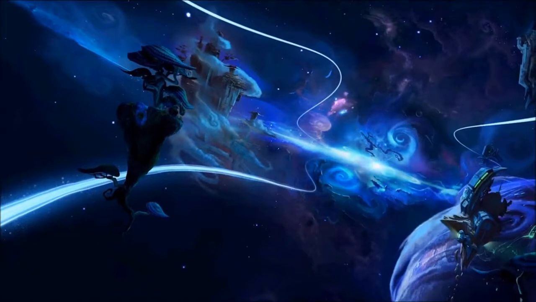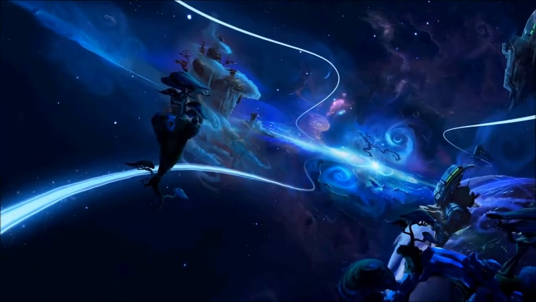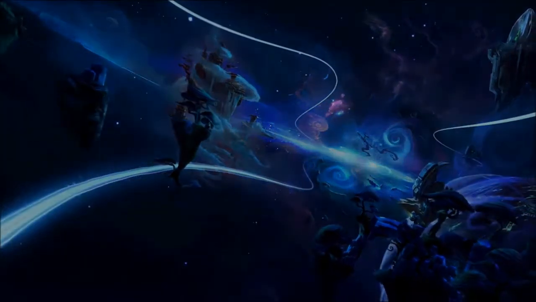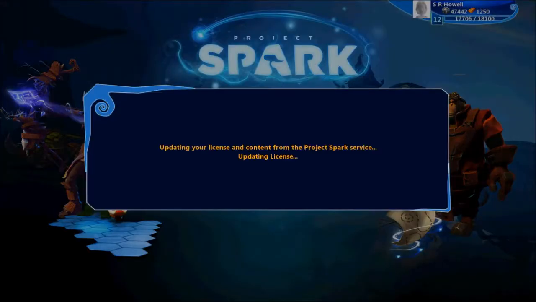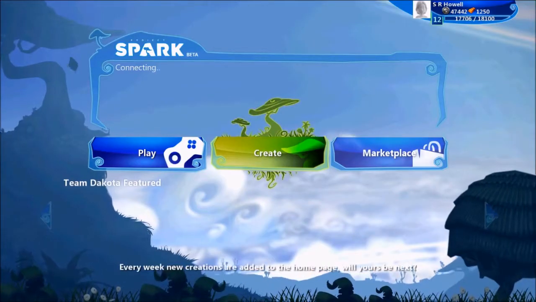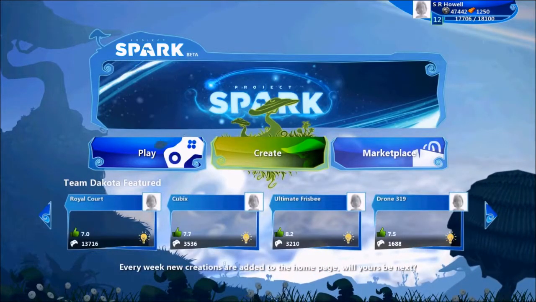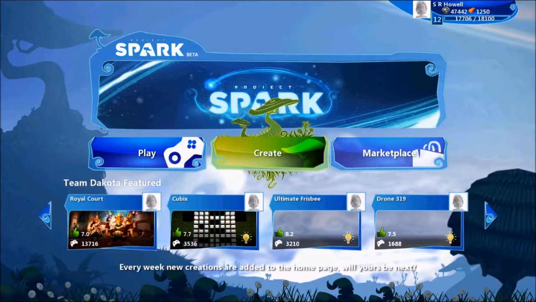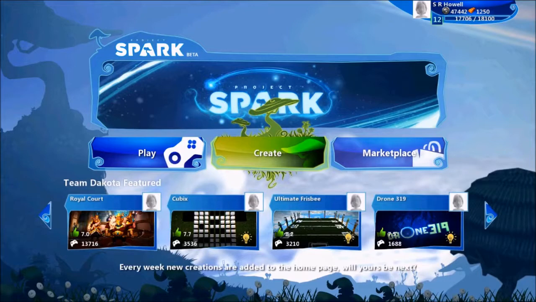So our video is ending now, and it's time to have a look at the interface. The very first thing that happens is, if you've purchased content, it will update your license and content from the Project Spark service. That means it connects to the internet, and it'll download any updates to the content you've purchased. Now, you may have no content purchased, and it'll just update what comes with Project Spark as standard. So you can see there were no updates, so it updated very fast,